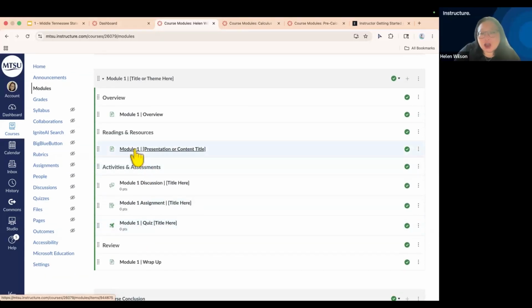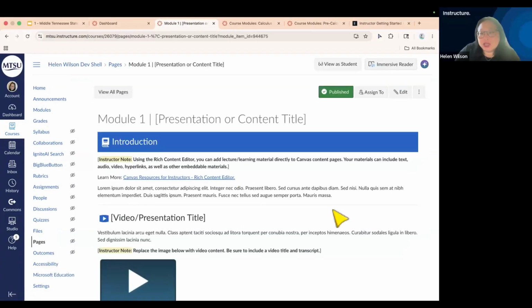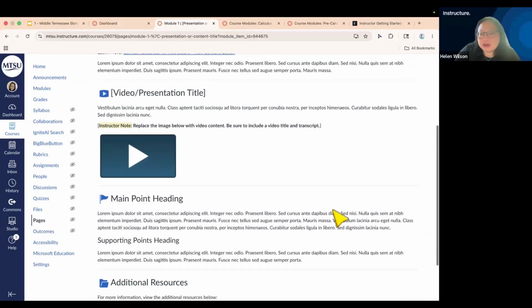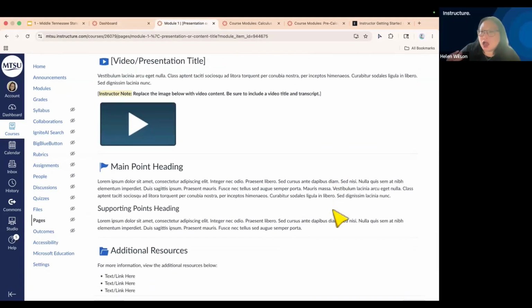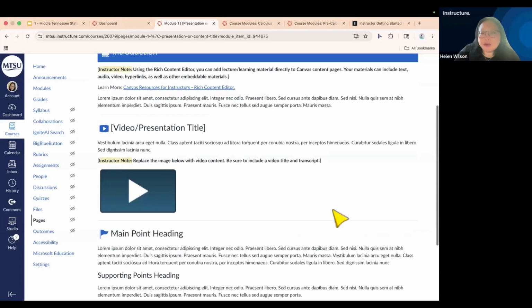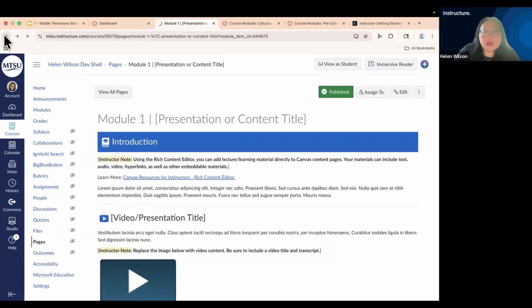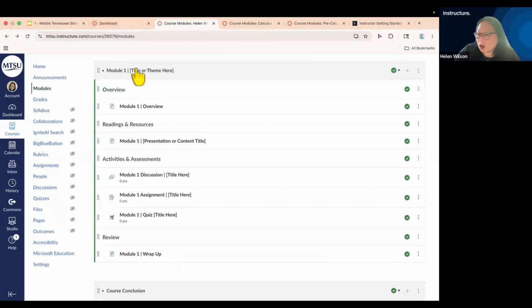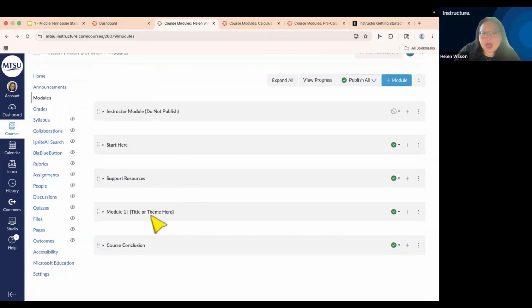Now, some of my module content here, I'll just click on this page as a starter here, comes pre-formatted with the idea that I can make copies of this and give copies to students. If you would like to get pre-built content like this, I'm going to quickly show you how to do it, but no pressure if you don't want to do it at this time, because you can still do this training without these resources. So if you would like to get a course template, as we call it, you're going to